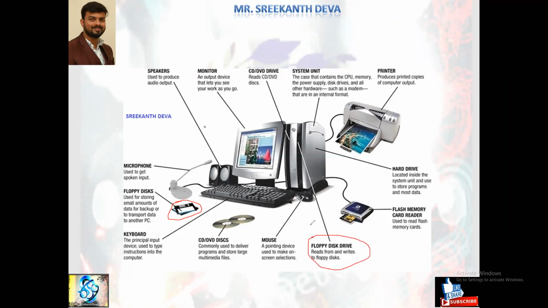Nowadays only DVD drives and USB ports are there. Flash memories, memory cards, okay, used to read flash memory cards. So this is called a hard drive. Within that it consists of a hard disk, okay. The hard disk is located inside the system unit and used to store programs and most